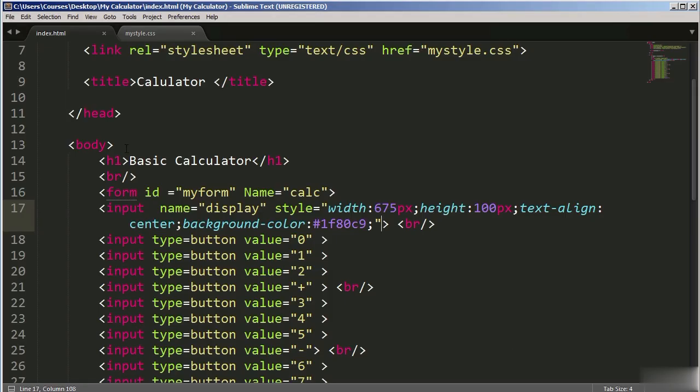Okay, so I am on the actual HTML document, which is the index.html here, and on line 17, which is the actual input for the display, which is the screen that will display the results of the calculator. I have attached some inline styling. So this is inside the actual tag itself. I have added a style tag. So you use the style as an attribute, and the value would become the properties and the values for that input